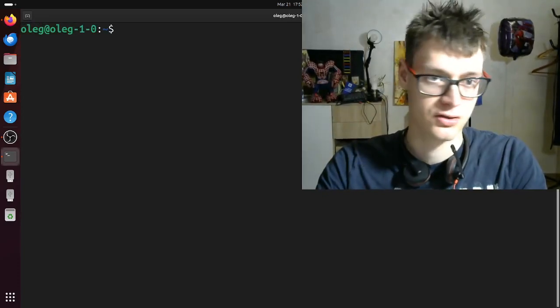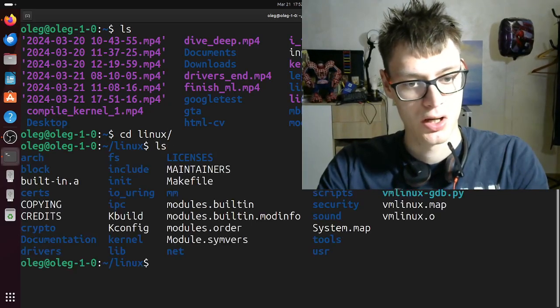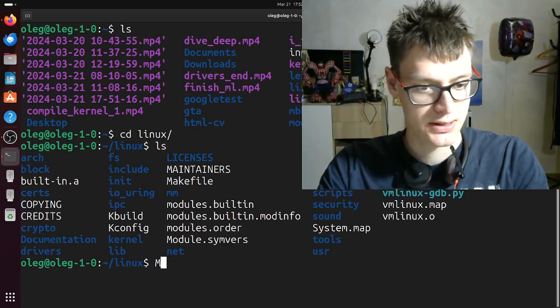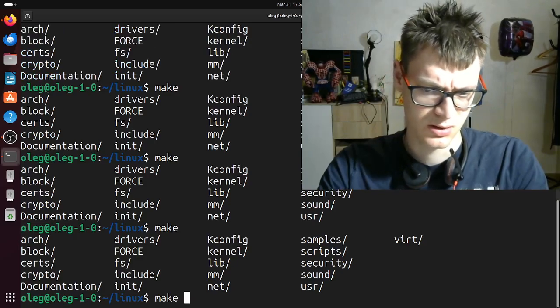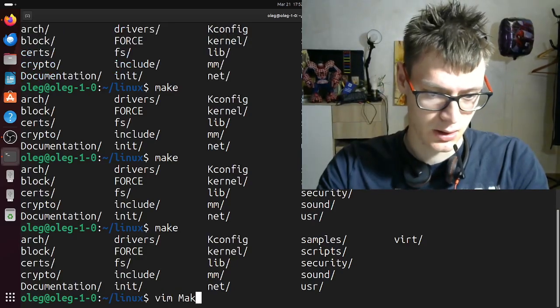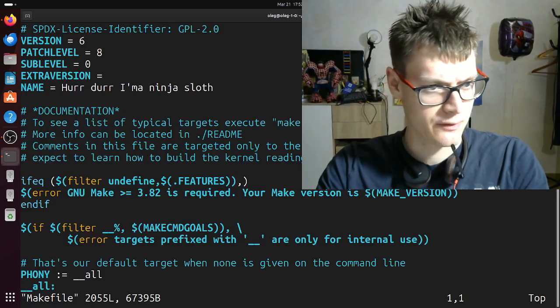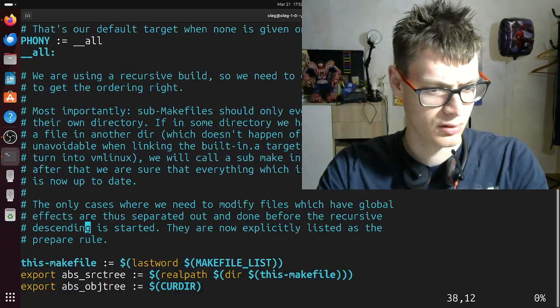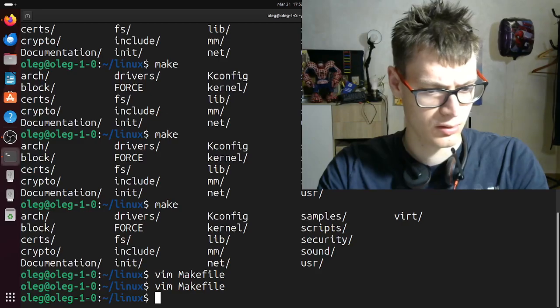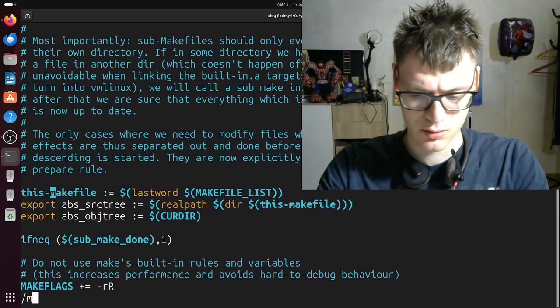I mean, nice architecture, Linux. But anyway, cd linux. So make. So let's actually check, make tab tab tab. Oh, it doesn't work. Oh my god. Okay. Makefile. Okay. No, no, no. In Makefile, all. Okay, guys. I don't know how to do it. Let's just search. Module